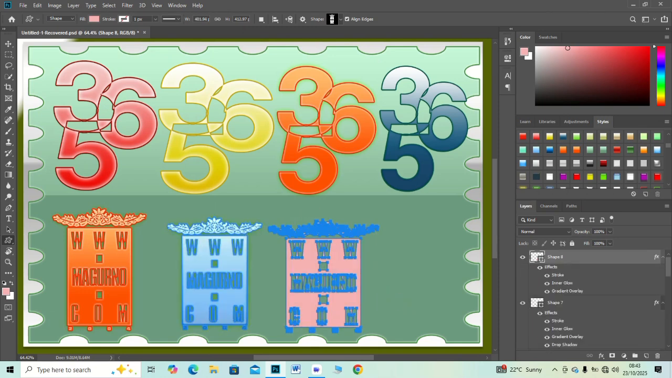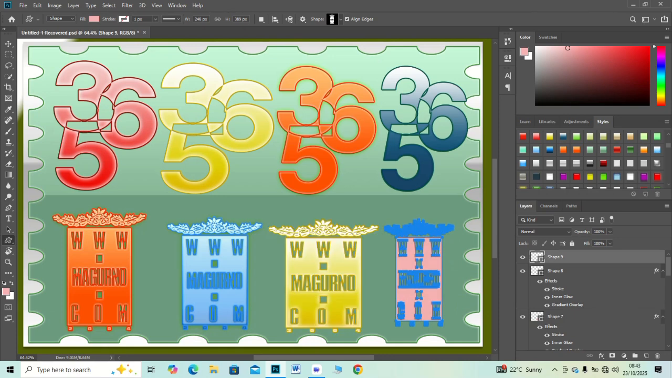Then add a gradient overlay with complementary tones. Use the pen tool to draw light streaks around